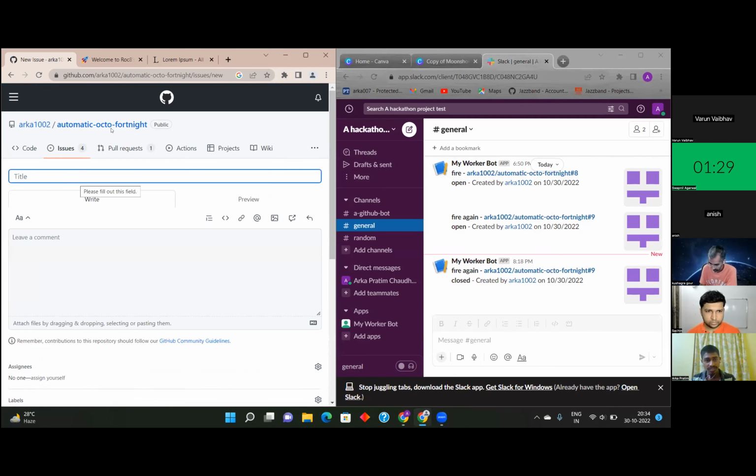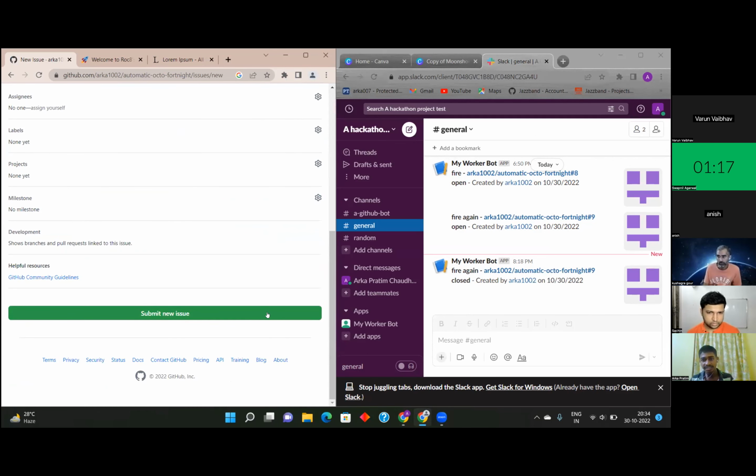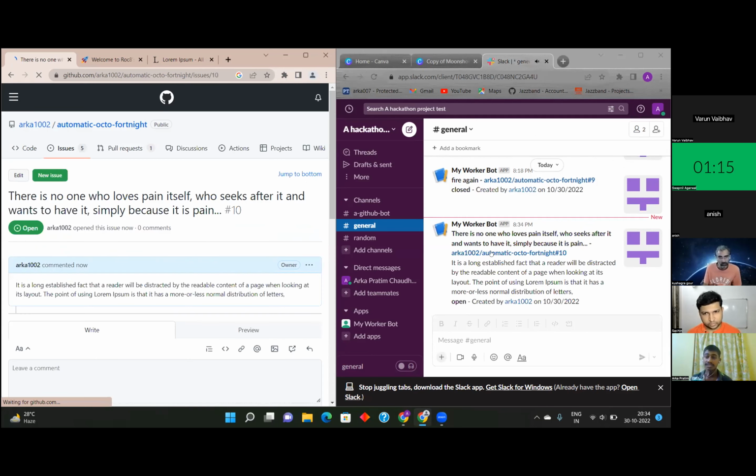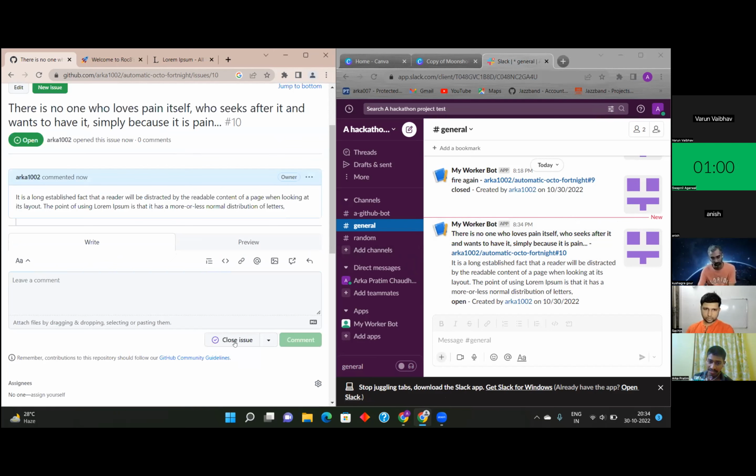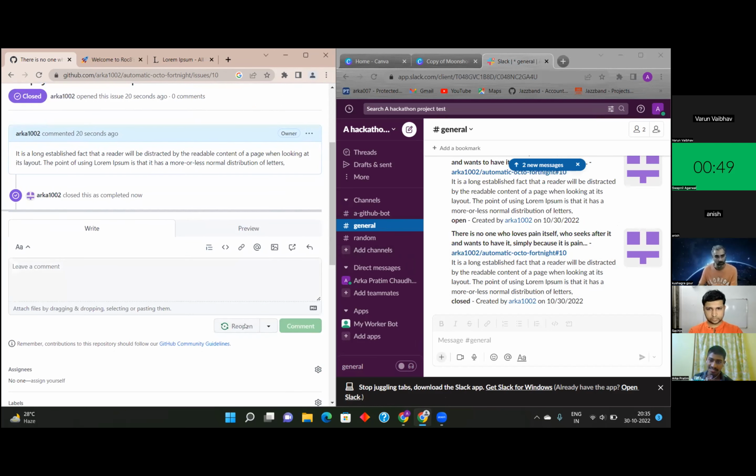Now, if I write one issue here in the automatic Octo fortnight, just like this, and leave a comment down here, like this is a comment, and then submit the issue, here in the Slack group, automatically the event is there. I mean, when this issue is triggered, automatically an alert has come in the Slack app about this issue. Now, if I close this issue like this, again the event was triggered, and an alert has come. If I reopen it again,